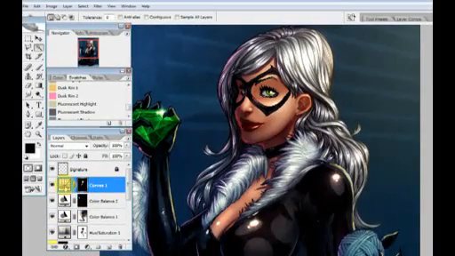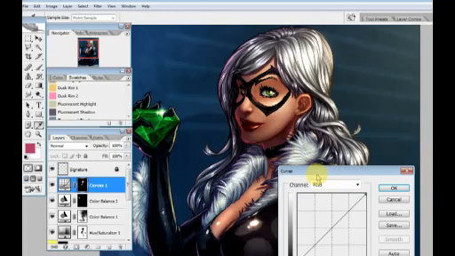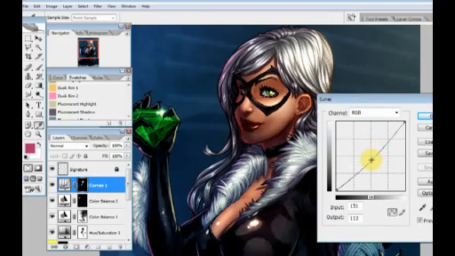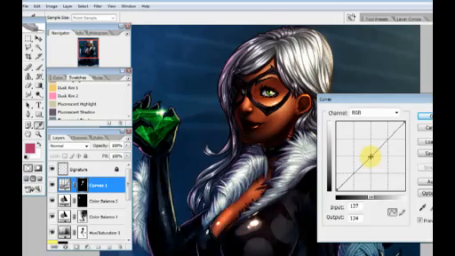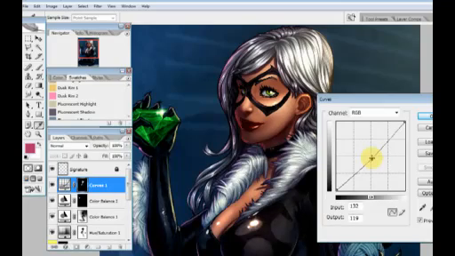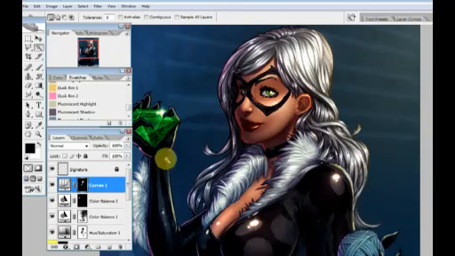So you'll see that when I double click on the icon right here, the layer thumbnail, see how it's only affecting the skin tones, and I don't want it to go that far. But just make it a little bit darker, like that. And I could even take it a step further by control clicking. So I hold down control, and I'm going to click on the layer mask like this,